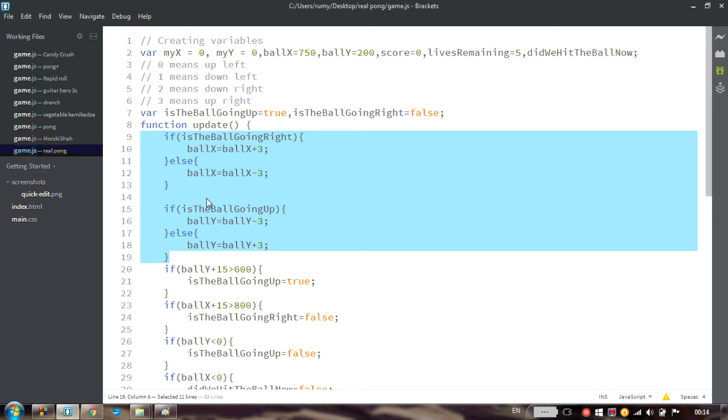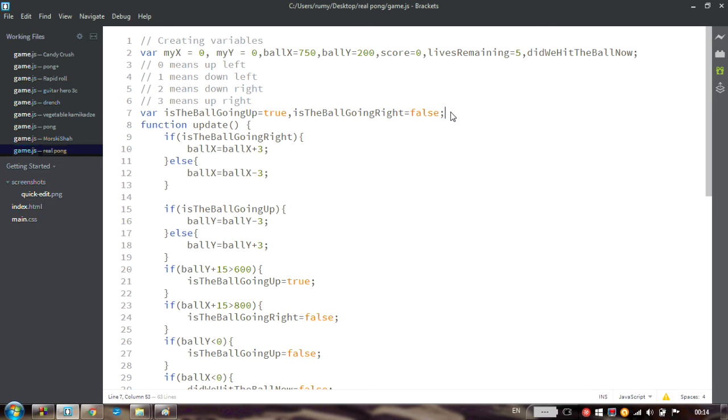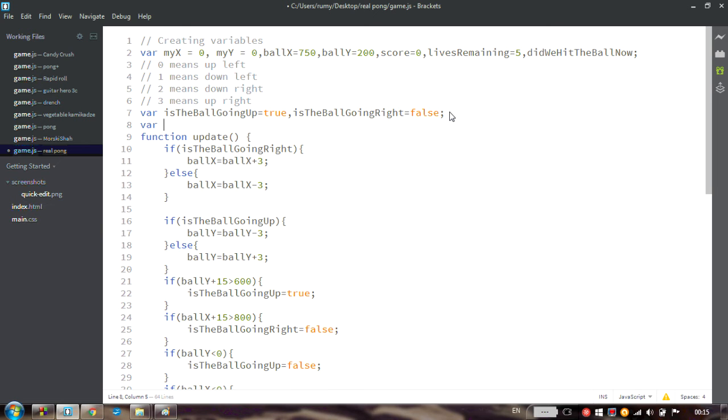In order to be able to do this, you will need 2 variables that are not going to be Boolean. They are not going to be just true or false. Instead, we are going to have normal number variables, and I'm going to call them